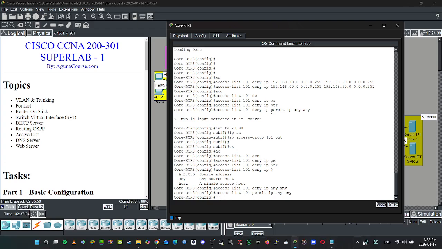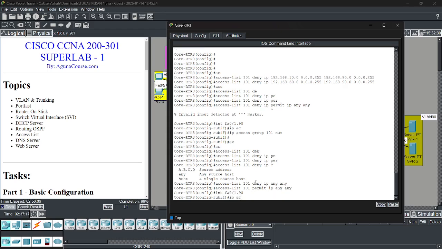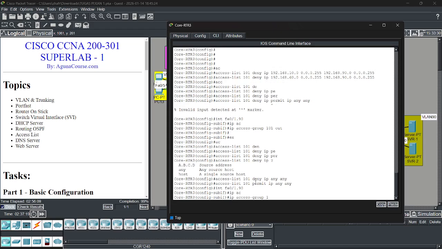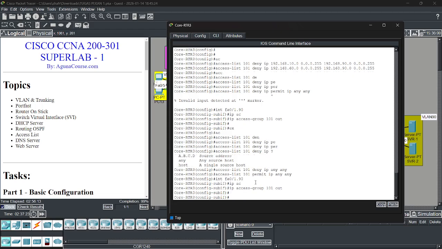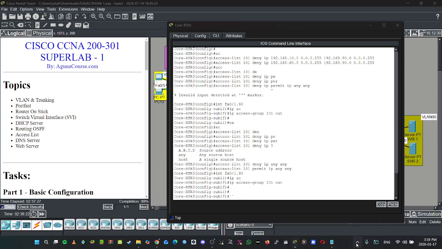Okay, interface. After that, we a0/1.90, IP access group. Wait a minute.